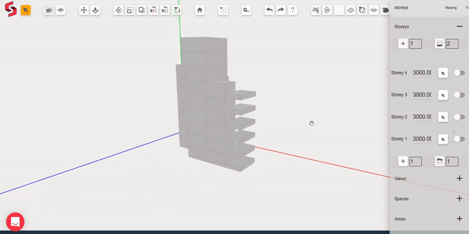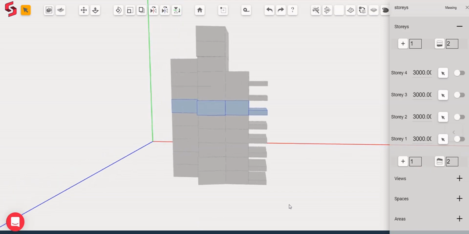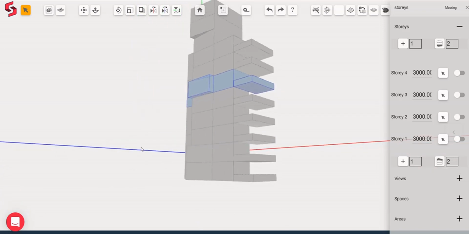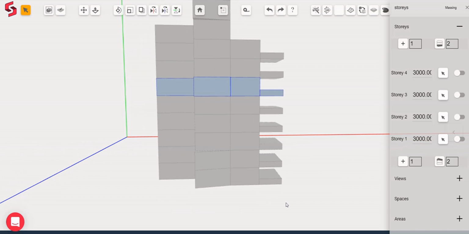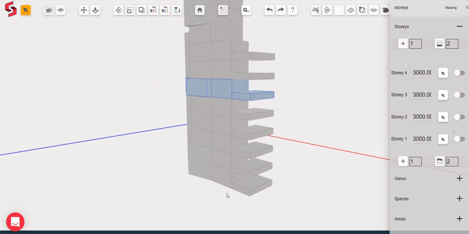You can also duplicate stories downward to generate negative stories. For example, I can select story 4 here and type in the input as 2 and click this copy selection down button which is below the story navigator, and you'll see that it has generated 2 new stories in the downward direction. Stories duplicated downward can be used to create spaces such as basement or parking, etc.